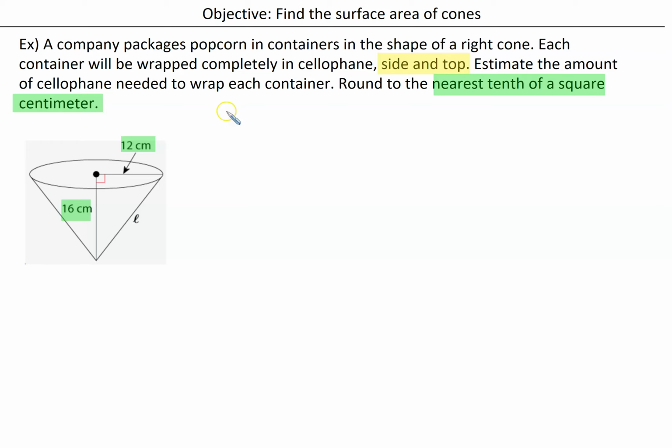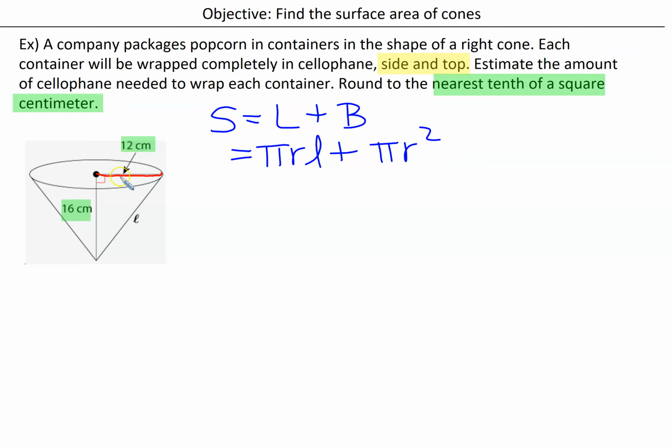So remember that for total surface area, lateral area plus base area, our lateral area is pi r L, that's our sector, and our base is our circle, so that area is pi r squared. So that means we need radius r, and so we would identify that as this segment here. The arrow is pointing to a segment that goes from the center of the circle to its circumference, so that 12 centimeters is our r. But the lateral